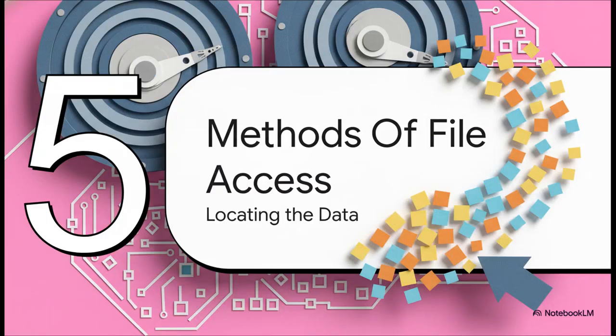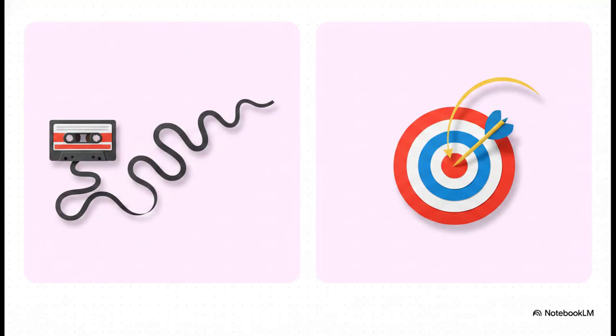Section 5. Methods of file access. Locating the data. When we are dealing with massive secondary storage drives containing literally millions of files, how does the OS physically locate and retrieve the specific block of data you want? You generally have two foundational methods for this: